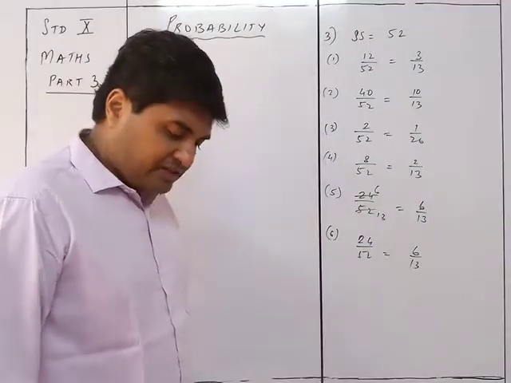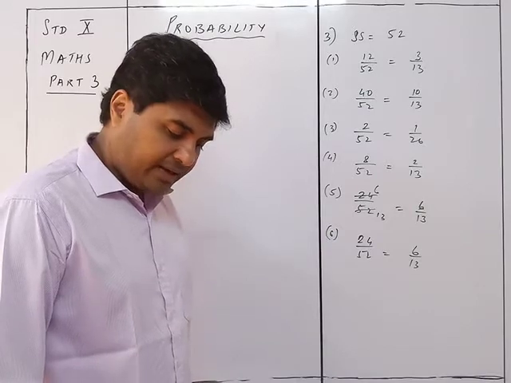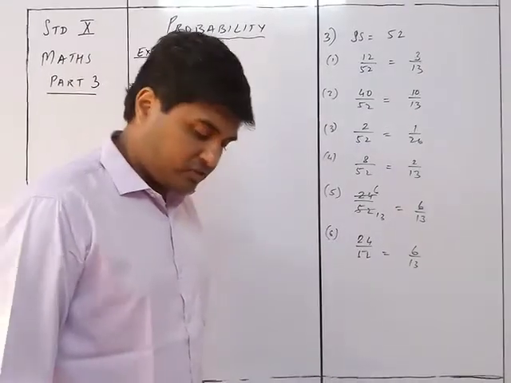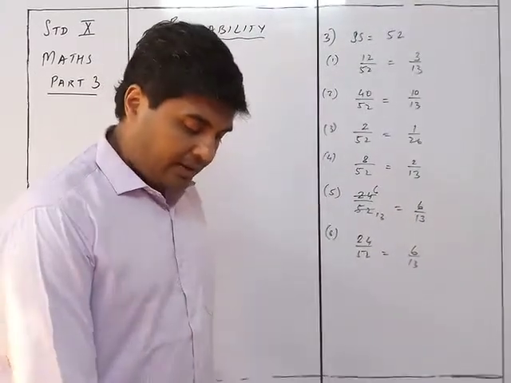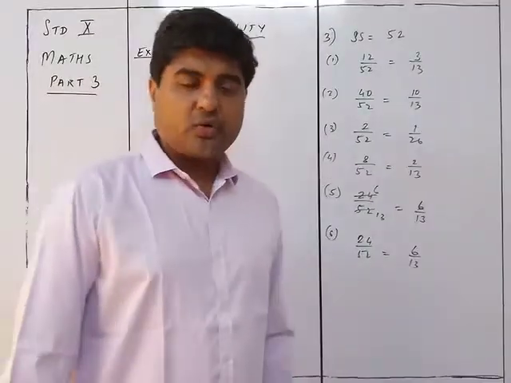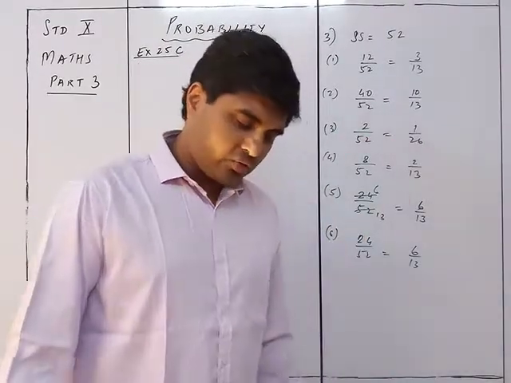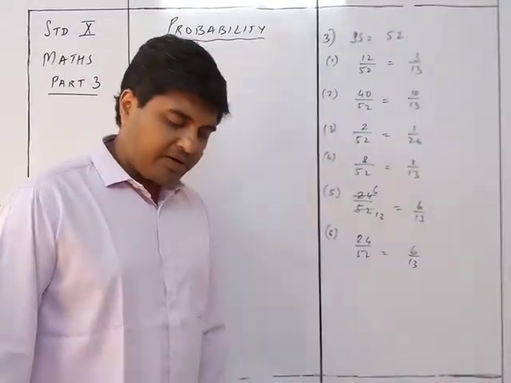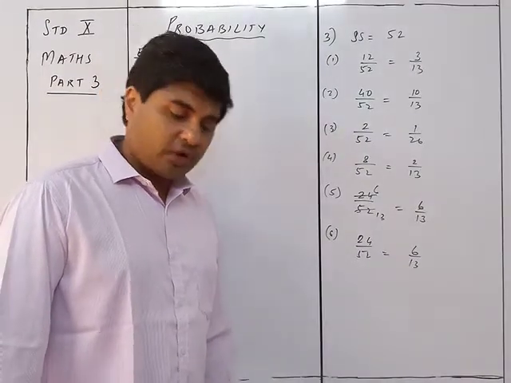A and B are friends, ignoring the leap year. Find the probability of both friends having the same birthday and different birthdays. So first, suppose I consider that A's birthday is one particular date, then automatically what option does the other have? All other 364 days could be his birthday. So having different birthdays, the probability will be 364 upon 365.